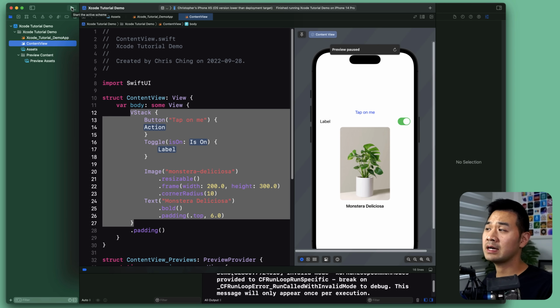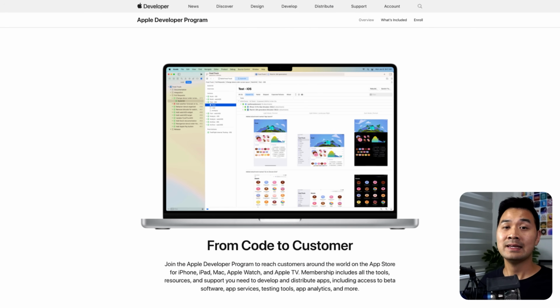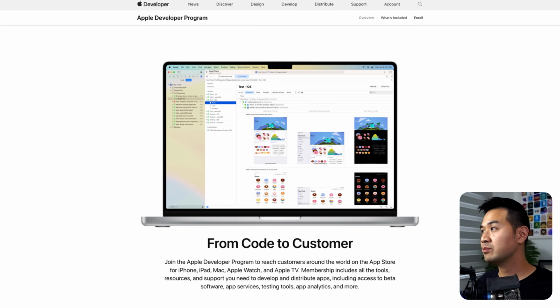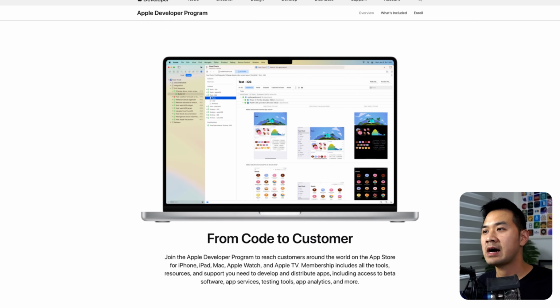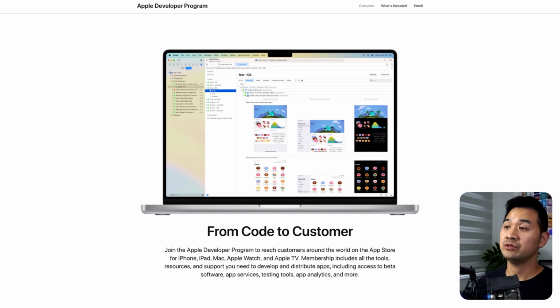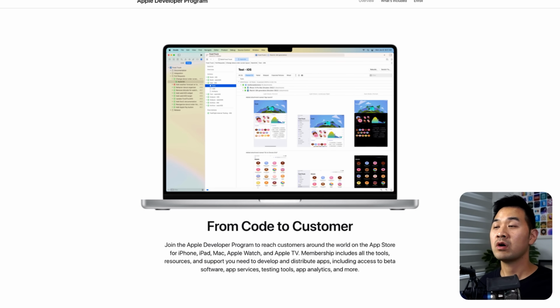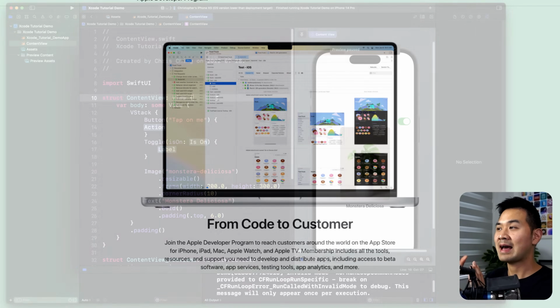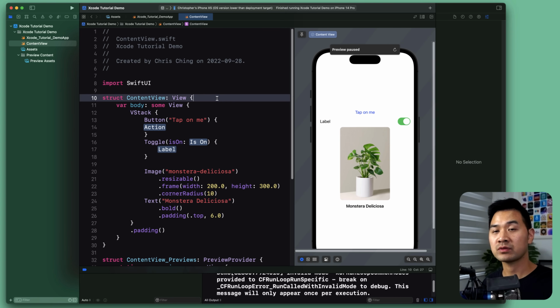Or if you want a more permanent solution, you need to sign up for the Apple Developer Program, which is a paid program. You can Google it, which would then give you the ability to install your app on your devices for the long term, as well as to publish it onto the App Store,